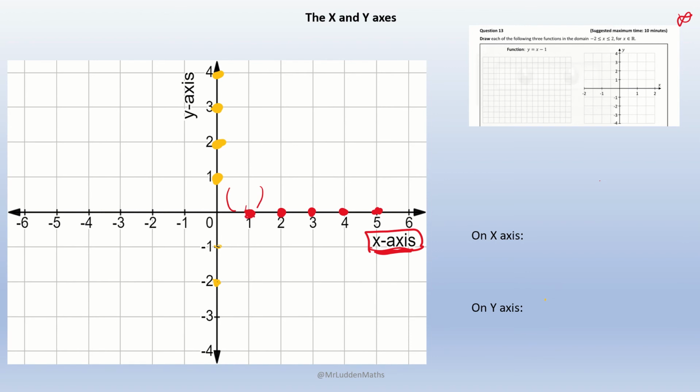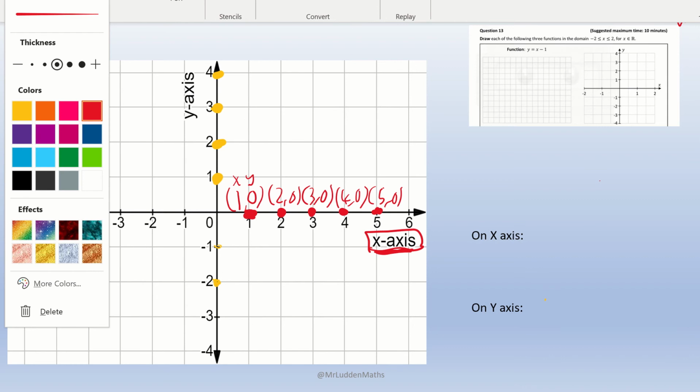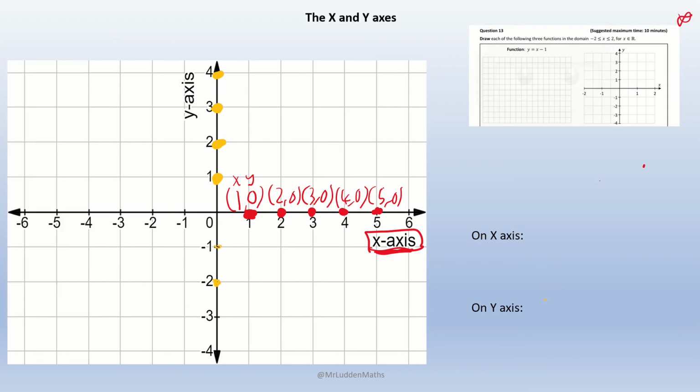This point right here, the first one, is across 1 and up 0, so it's going to be 1, 0. So that's my x part and my y part. This one here is going to be 2, 0. This one here is going to be 3, 0. This one here is going to be 4, 0. This one here is going to be 5, 0. And I hope you can see the pattern there. No matter where I go, like I can go into the negatives on my x-axis as well. Like if I took this point here, for example, this would be minus 3,